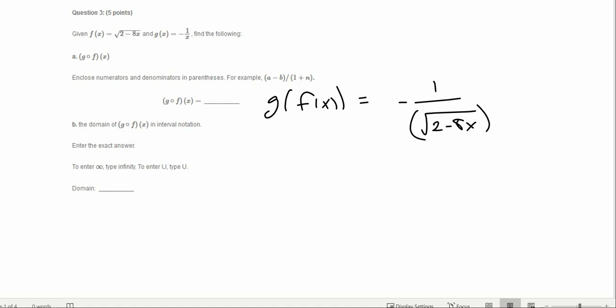Now we want to find the domain. Okay, so the domain, we have two things to consider here. Okay, I'm just going to kind of use a little shortcut and use our final little function there, although this doesn't always work. What we need to do is look at when